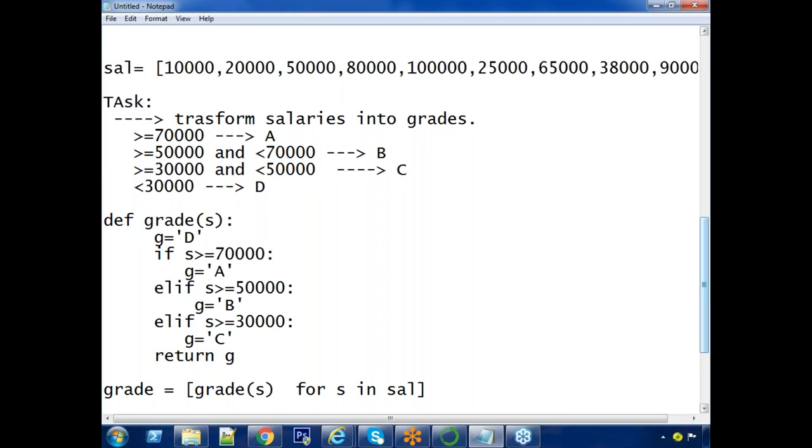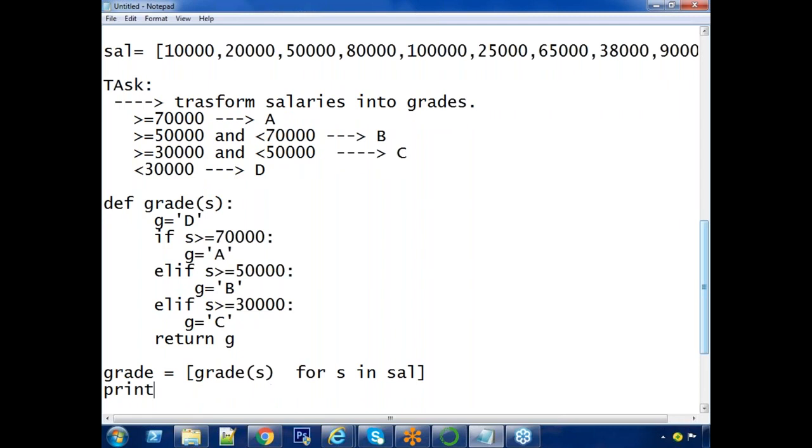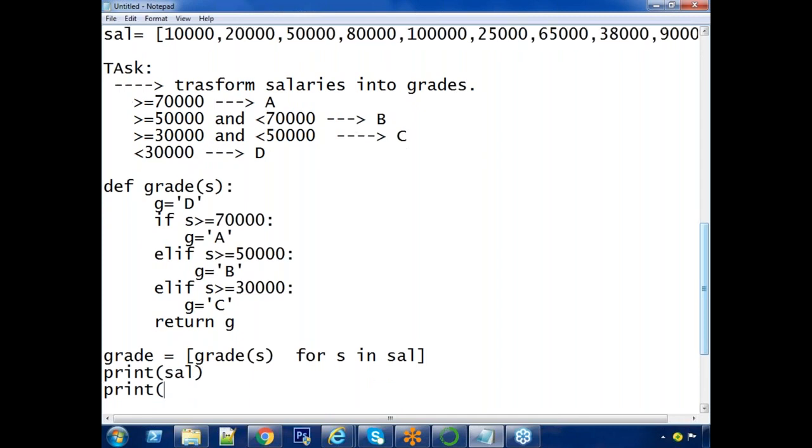Understand the point? Now check it. Print only salaries. Print only grades. Already the grade function is there. Let's say grades. Understand? So here I am keeping something into triple quotes. If I give a hash symbol, that is a single line comment. If I keep it like this, that is a multi-line comment. Understand? I'm going to execute this one.